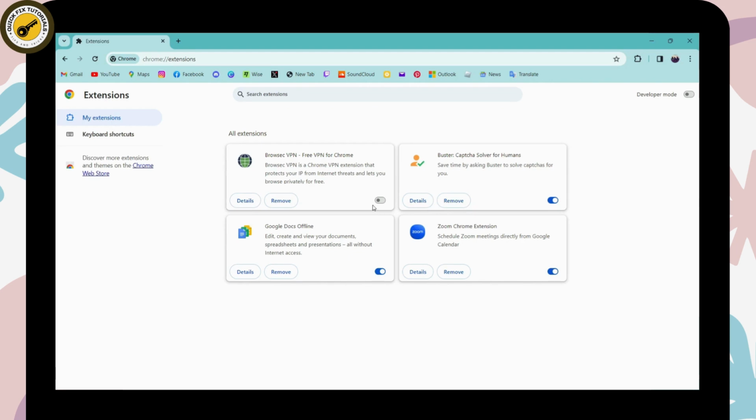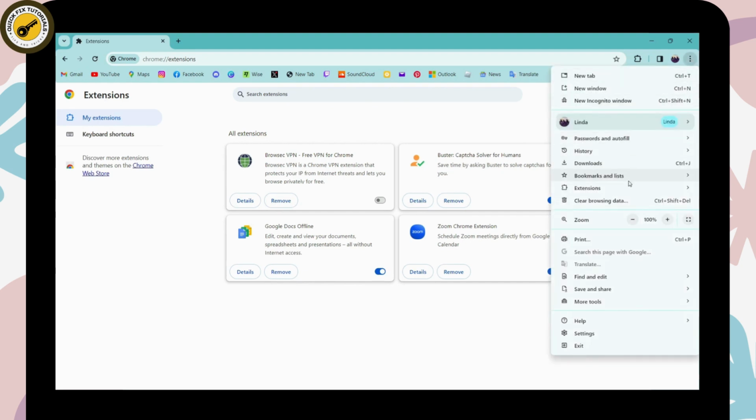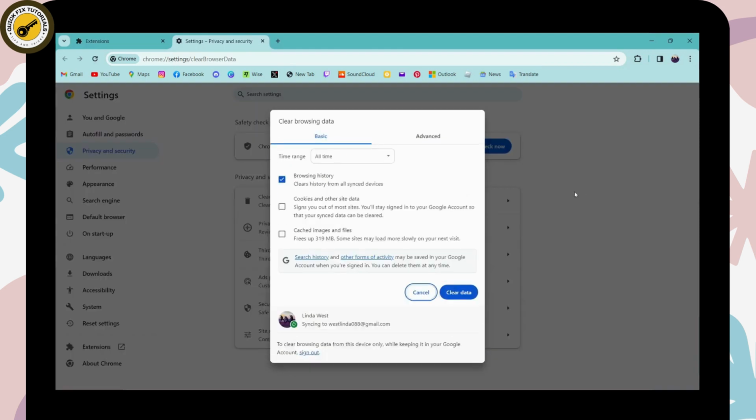But if that still doesn't fix your problem, then you can again go for the upper right, which has that three dots icon, and now you can go for clear browsing data. Click on that, and here you can go for clear data, and once you clear your data, your problems might be fixed. So that's it. These were the few fixes to your problem,